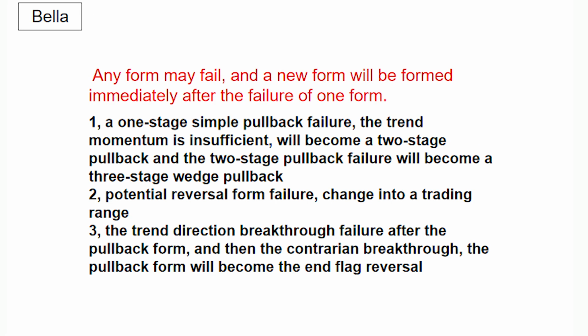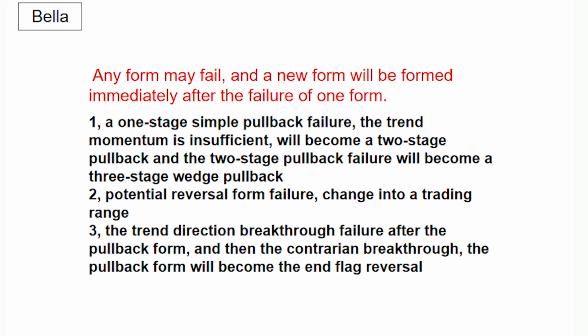For example, a simple one-stage pullback that fails with a low momentum trend becomes a two-stage pullback, and a two-stage pullback that fails again becomes a three-stage linear pullback. Now a reversal pattern failure becomes a trading band pullback pattern, followed by a trend breakout failure, followed by a contrarian breakout, and then a reversal pattern becomes an end flag reversal. These are fairly simple cases that we've talked about in previous lectures, and today we're going to look at two